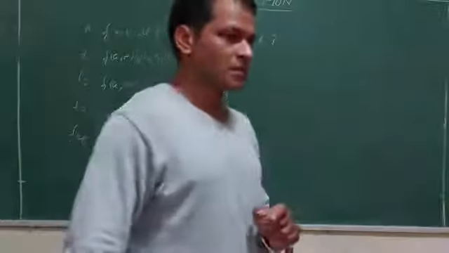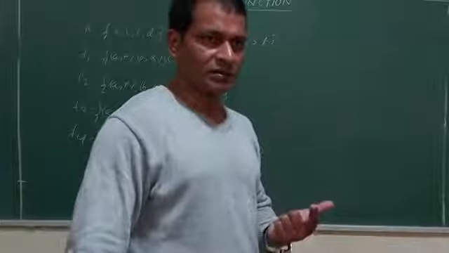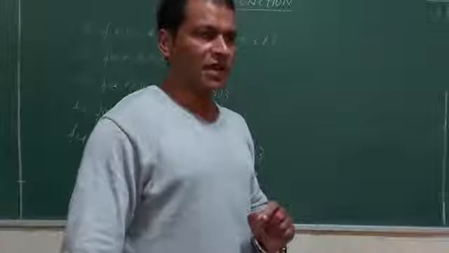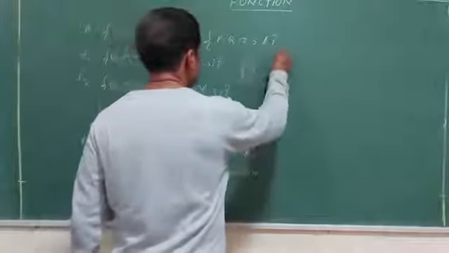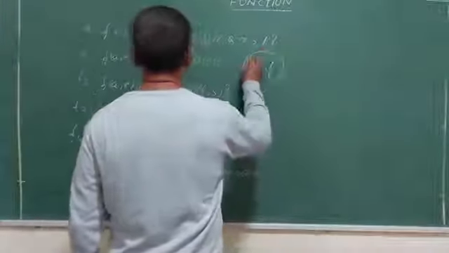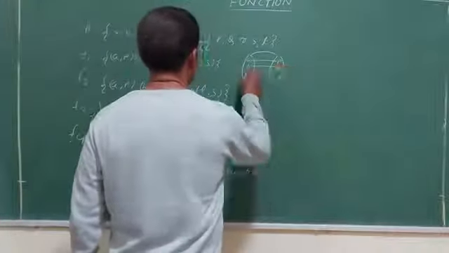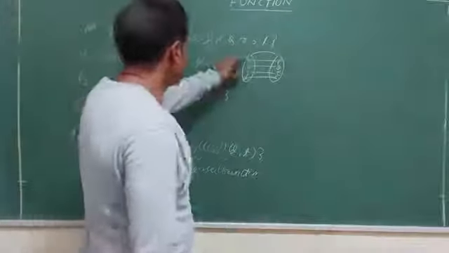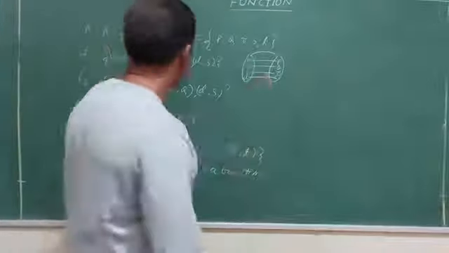What is that condition? Each element of the domain should have one image. No element of the domain should be left out. And one element of the domain must not have more than one element in the codomain. So I will construct a diagram here. Simple logic, draw the diagram. For the first one, are all the domain elements here? Yes. The range p, q, r, s is there. It is following the rule. The first one is a function.